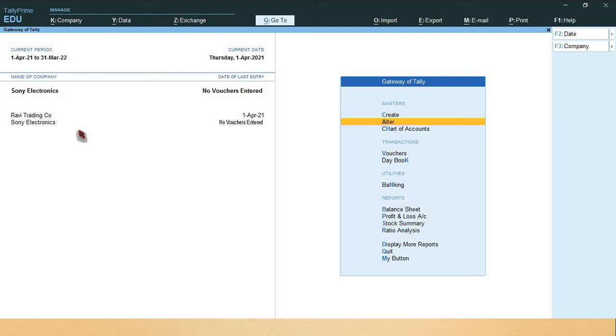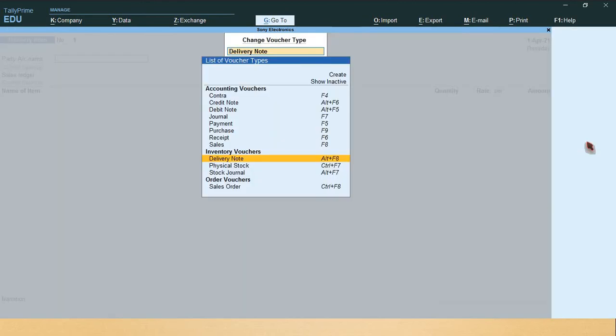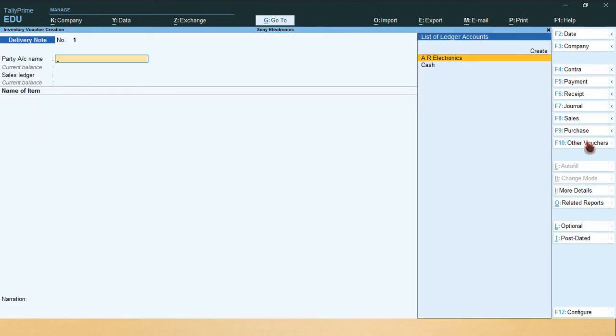First we move to creating the sales order voucher. Select Voucher, press enter, click on Other Vouchers and select Sales Order, or press Ctrl F8. This is one way, and another way is pressing Ctrl F8.